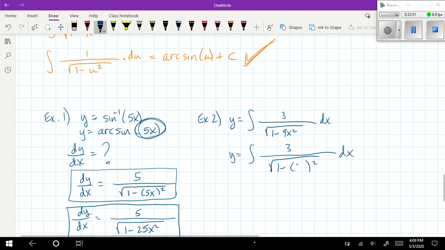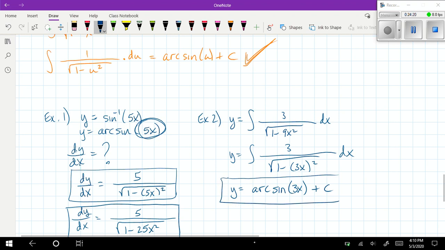So that something would be a 3x. And then you look at 3x, and isn't the derivative of 3x right up here, 3? So this is really fitting for my integral of 1 minus u squared with a du on top. Okay, the square root of 1 minus u squared. So this is just going to be arc sine of what? 3x. And we're going to put plus c on there because we're integrating, and we know that we could have